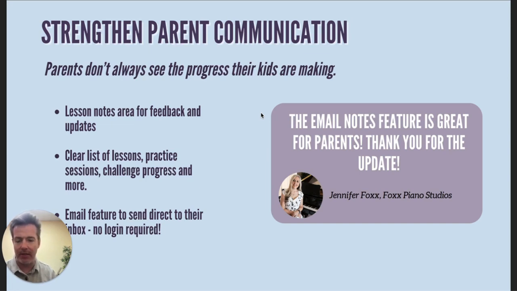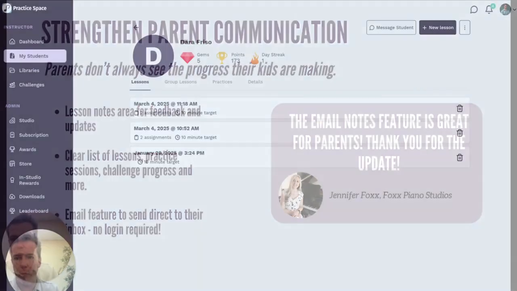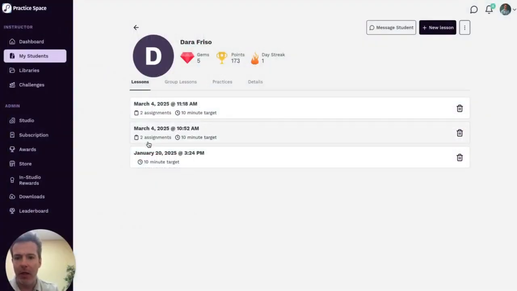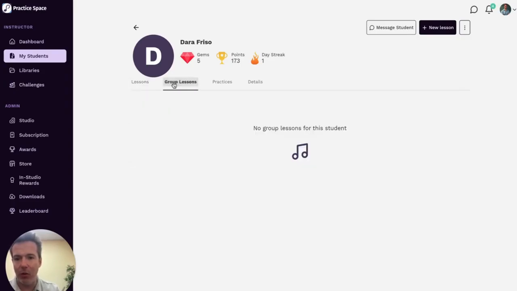In a lot of cases, kids are getting dropped off, or maybe the parent's not going into the lesson, so it's kind of not always clear what they're working on. So let's just jump in and show how that's achieved. Basically, there's always going to be a clear track record of the lessons,